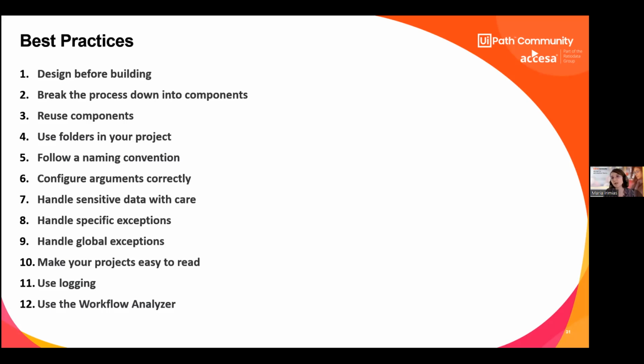One important part is the sensitive data. Take good care of it: do not put the credentials in plain text, but secure that data so that it is properly used with Windows credentials or Orchestrator assets, and not have hard-coded passwords or other sensitive data in the automations.